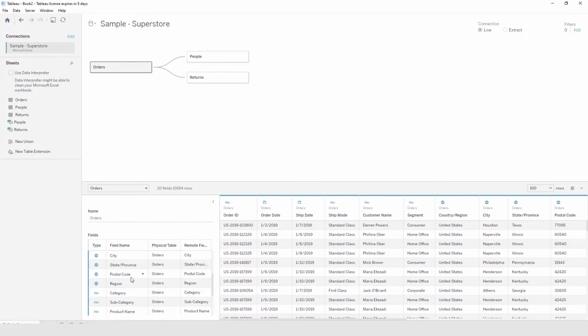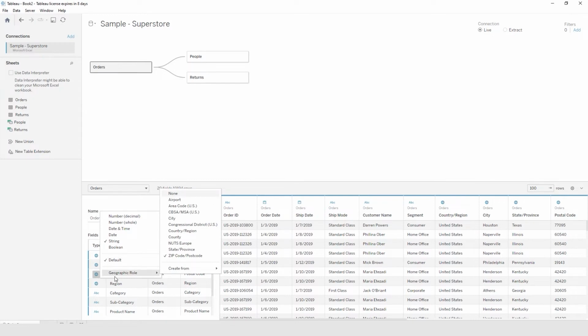Now, in your metadata grid, scroll down until you can see the postal code field. And you'll notice that that has the globe as a data type. So it can be used on the map. It has a geographic role assigned to it. If you click on that globe to the left of postal code, you'll notice the field is actually a string. It doesn't have the ABC there because it's been assigned a geographic role. If you hover over geographic role, it's been mapped to zip code postcode, so it can be used on a